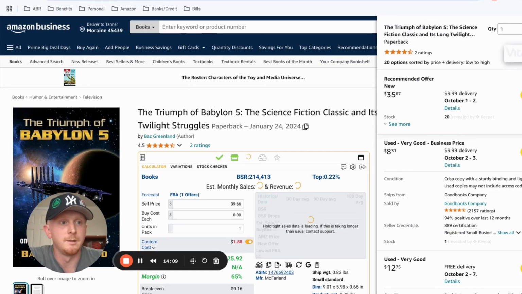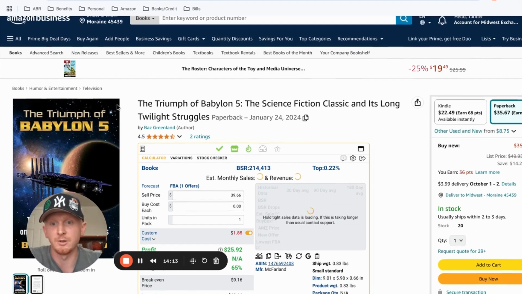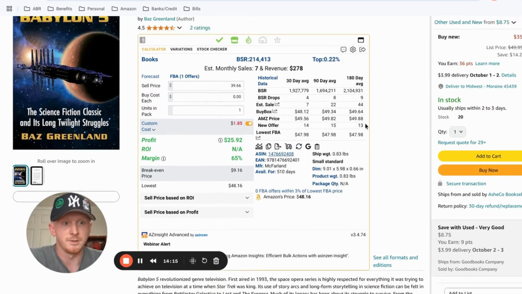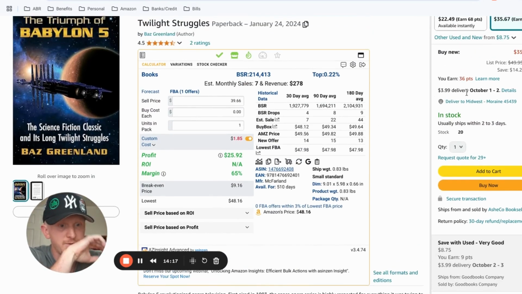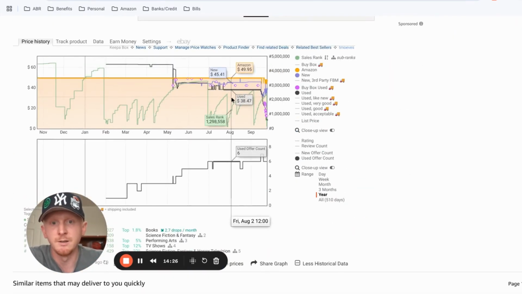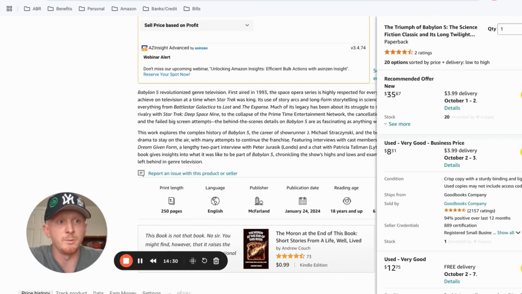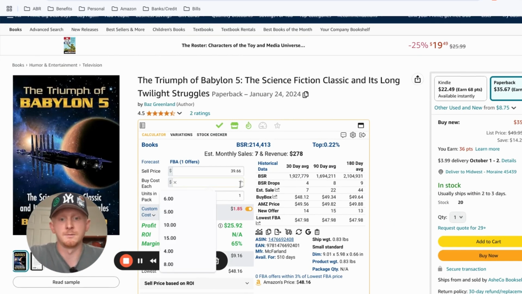So we got The Triumph of Babylon 5, a science fiction classic in its long twilight struggles. It looks like right now the new price is at $35. That's probably why the listing tanked a little bit. It looks like they have 20 copies in stock right now. Doesn't sell a ton. So if you were to pick up this book at $8.31 plus $3.99,